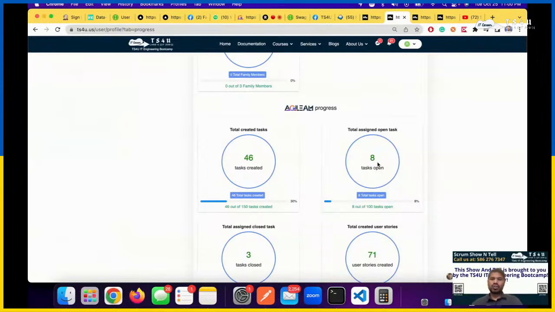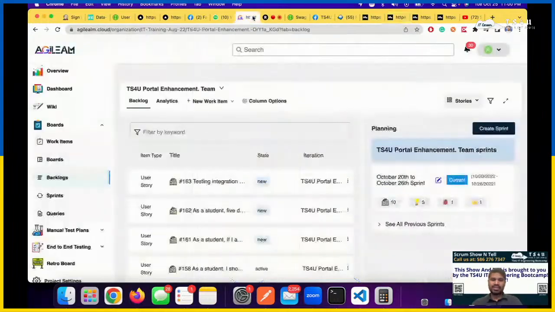Behind the scenes, the moment I made the changes here, an API call is made to the TS40 backend API, the Agile ALM API. TS40 backend looks at it and sees it has to go to the user end, and the user is Ashraf.